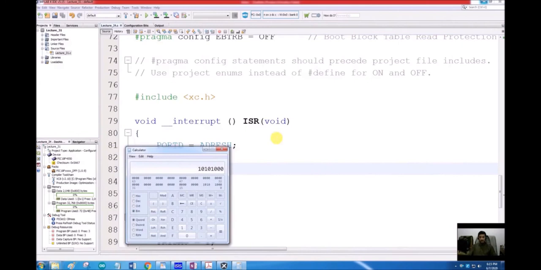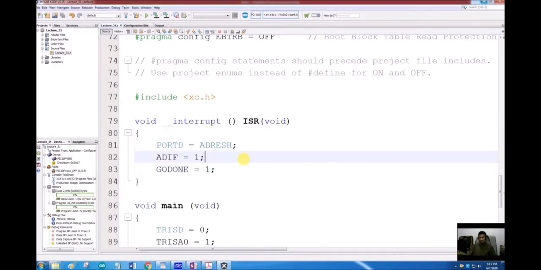Now, as the final thing of this lecture, let me combine the program I made just before. Let me open that program, the program we wrote for the ECCP module, and let's combine these two to get the duty cycle of that ECCP waveform from the ADC.